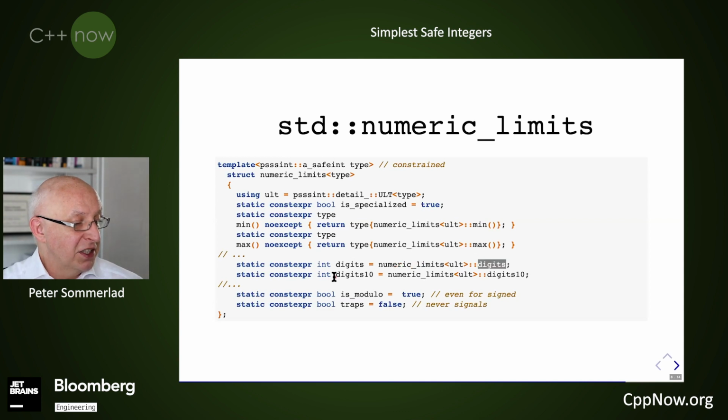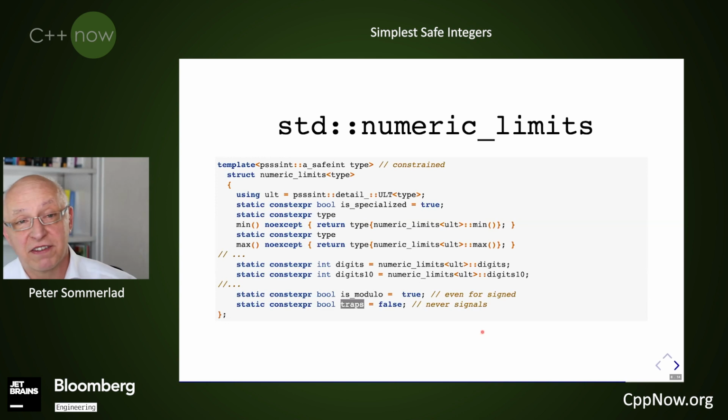Like here, digits and digits, except for is modulo, where we unconditionally say that is true because we have modulo arithmetic, we always wrap around. Also, we never want to run into undefined behavior, so we turn off traps and say it never signals, so it never traps. You always get a good result. I'm not sure if any code out in the world actually makes use of that traps rule, but it's there for your convenience, so you can check that.